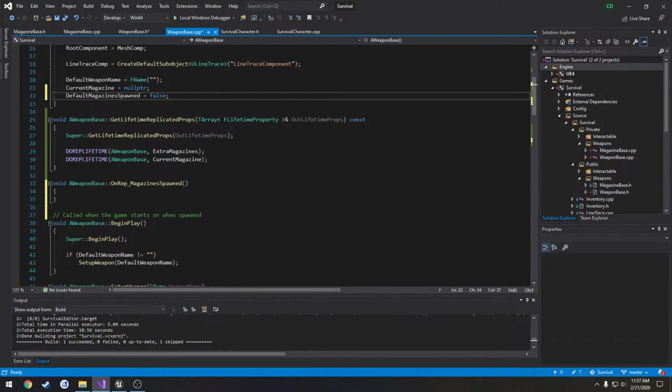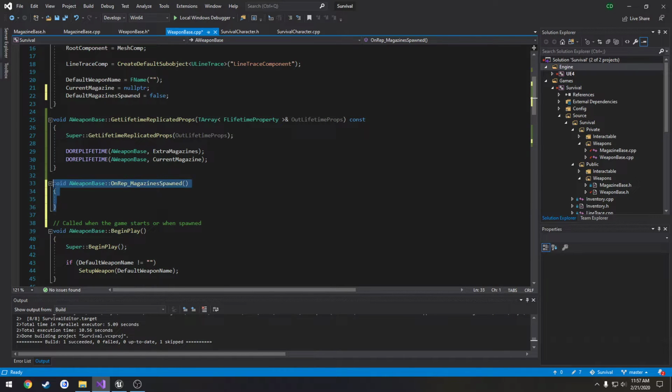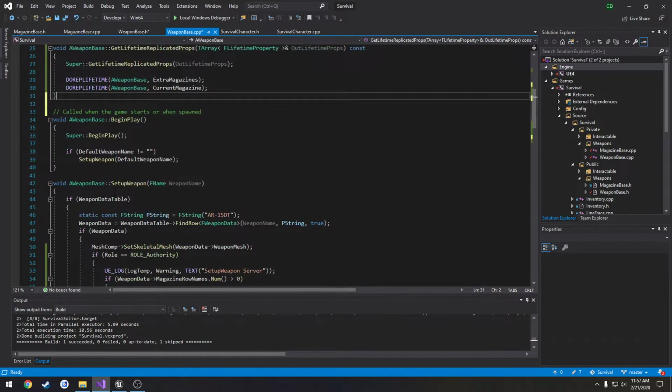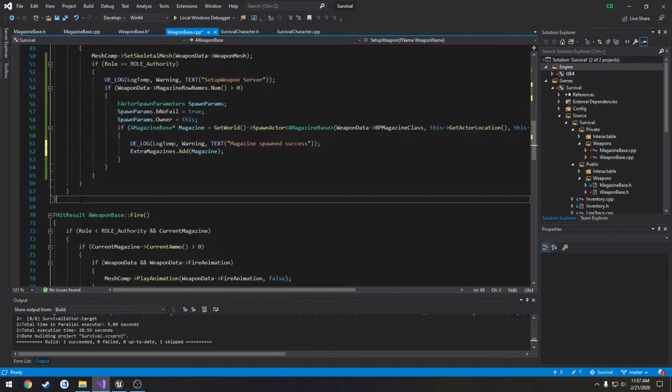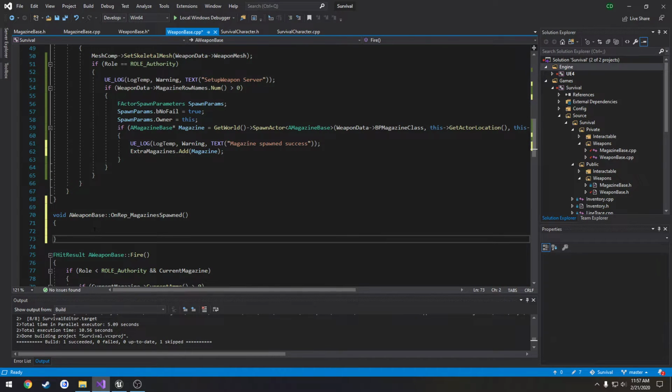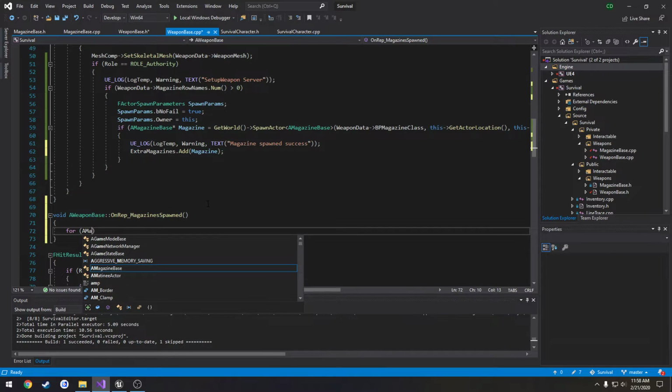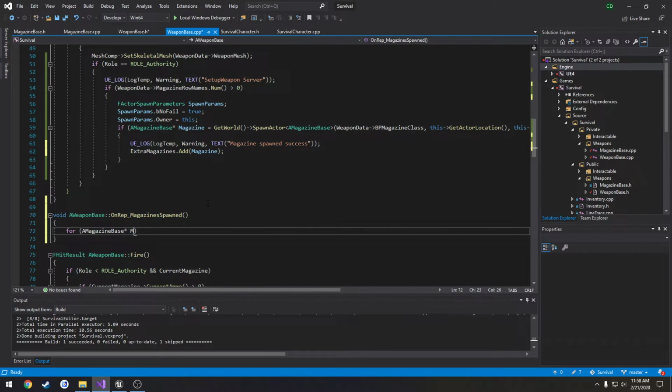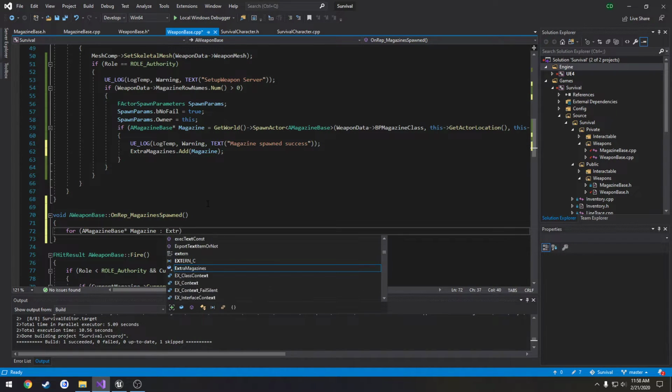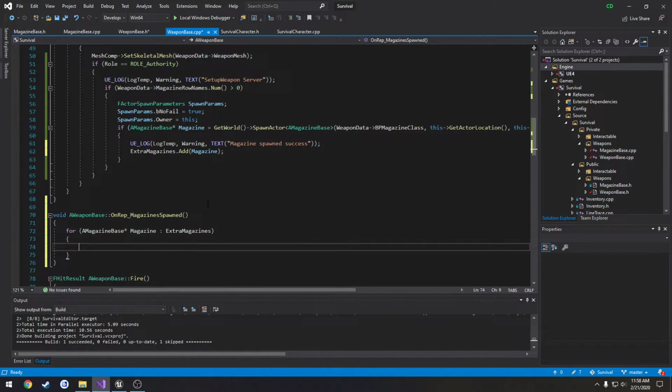Right, set that to false. On magazine spawned, we're going to loop through, so we're going to do a for loop. So a magazine base, magazine n, extra magazines. Right, so now we can do